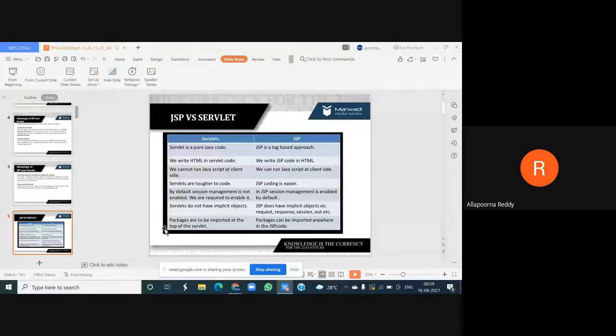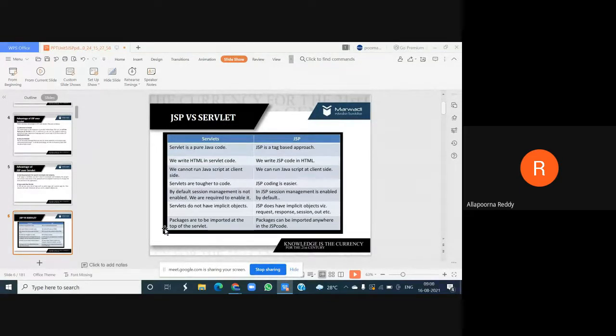This session management by default is done in the JSP, but in servlets, you need to import the package, you need to call your class. Once the class has been called, you need to create an object for that session.